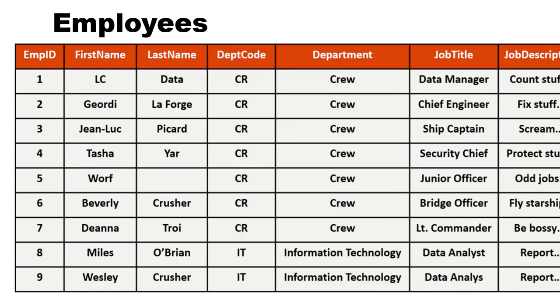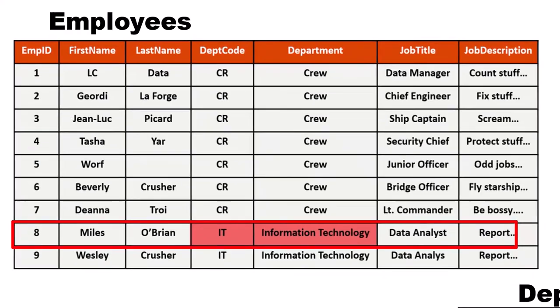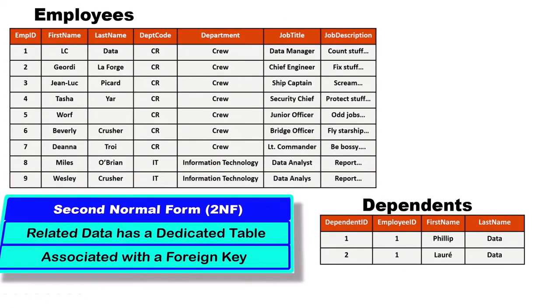But there is a problem with this design. This employee is not the only person working for that specific department. So, if we have, for example, 10 employees working in the IT department, it means that the information for the IT department will be stored 10 times, and that will use unnecessary space in storage. To resolve this problem, the designer will apply second normal form.